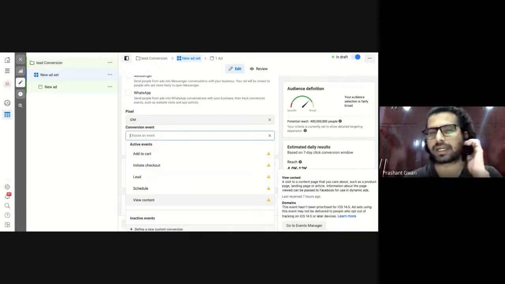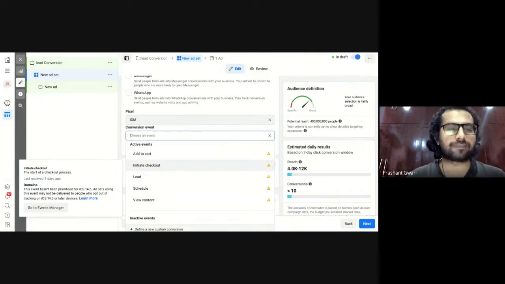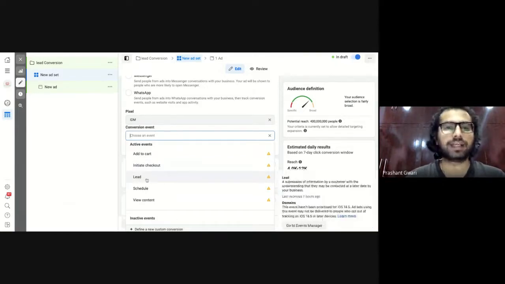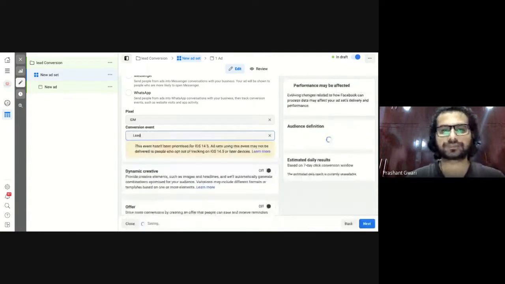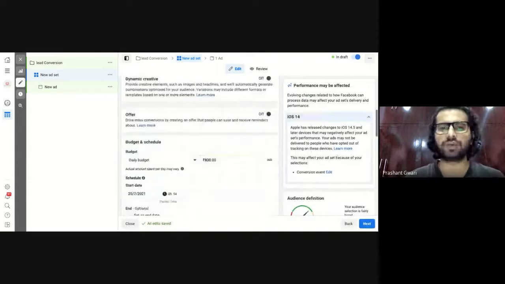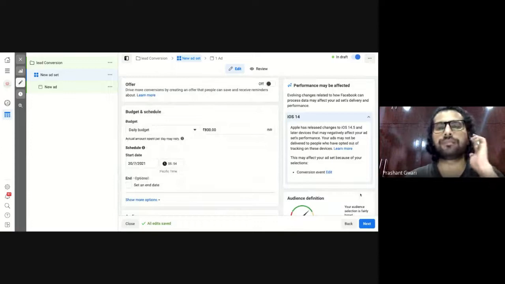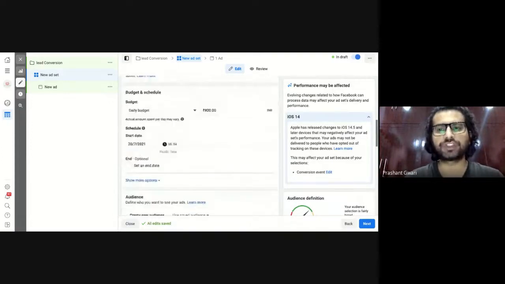According to my business category, these are the important events I should use in the conversion marketing campaign. So let's say I want to know how many people are filling a lead generation form on my website. So I will click here on the lead button like this. So that will be my lead option. Once I do that, the next option will appear, the budget section. How much I want to invest daily for generating leads.